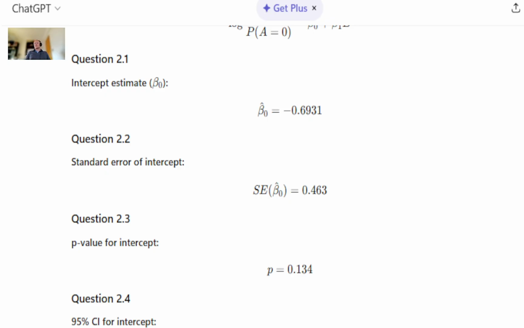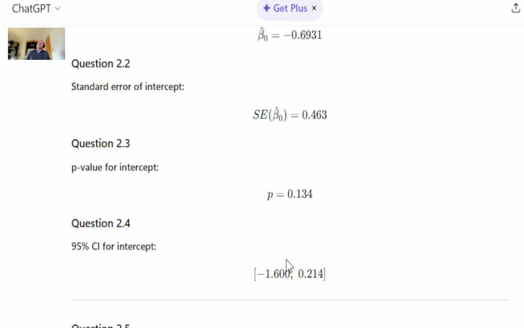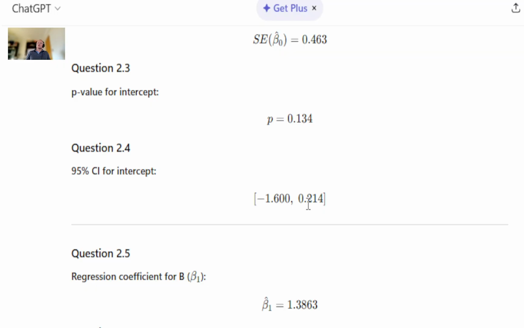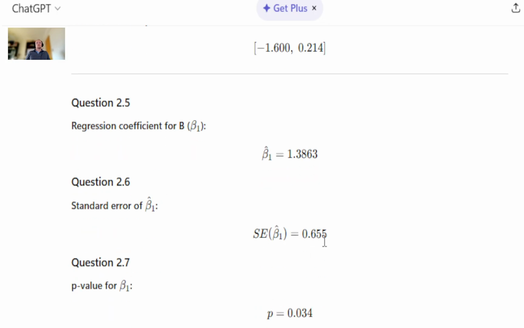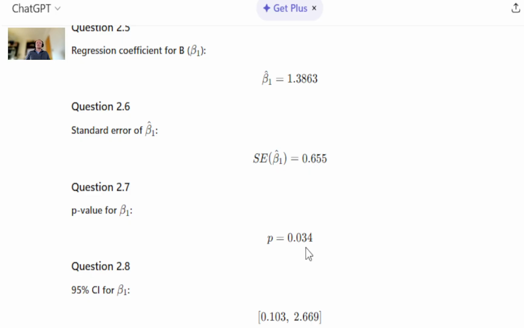And well, I have cross-checked all these numbers that I'm showing you with R and with other programs that we can use for this kind of analysis, and they are correct. There are no mistakes in the outcomes that are provided by ChatGPT. Beta 1, or the regression coefficient, in this case 1.386, standard error is provided, p-value, so that is statistically significant